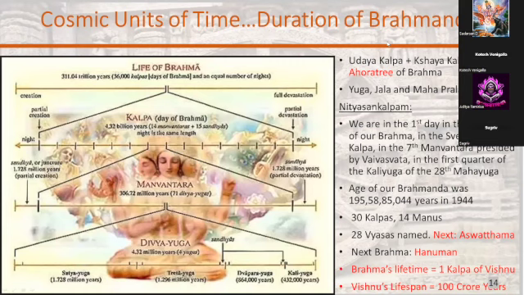My point is, if you look at the Brahmanda Purana or the Bhagavata Purana, these are described in detail. They tell you exactly which Mahayuga each avatar was in. For example, I don't remember them offhand, but I think the Varaha Avatara was in the 4th Mahayuga of this Manvantara. Parashurama, I think, was in the 19th Mahayuga. And Lord Rama himself was in the 24th Mahayuga, and Krishna was in the 28th Mahayuga.